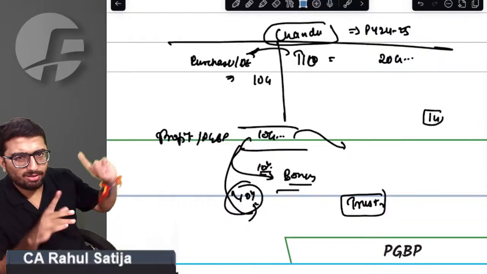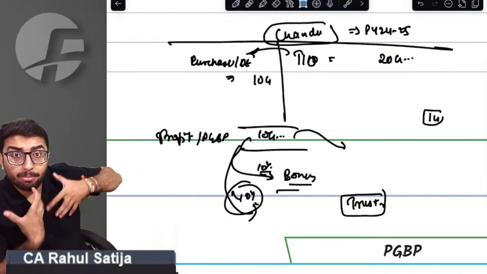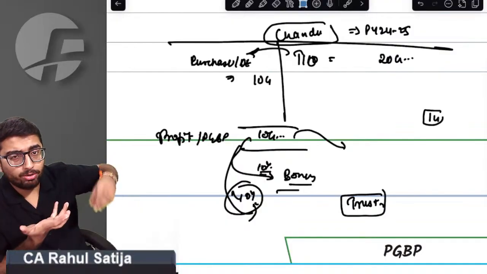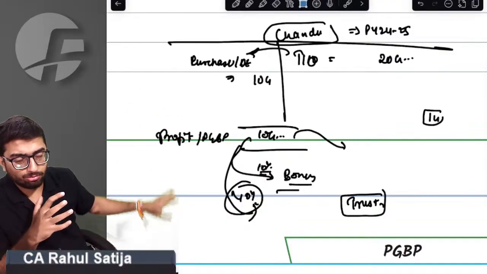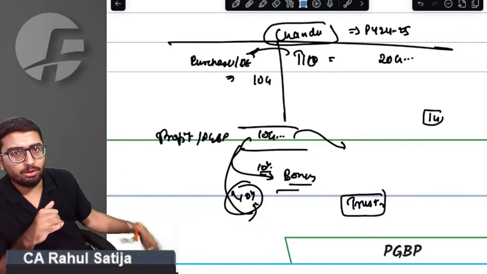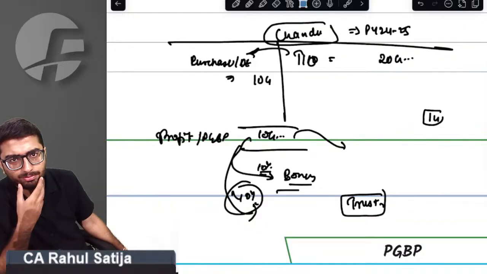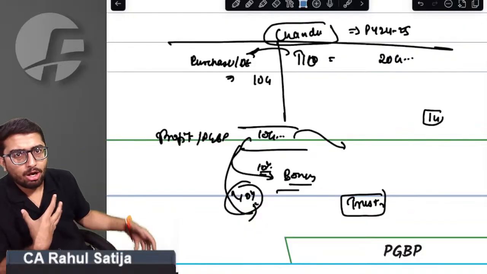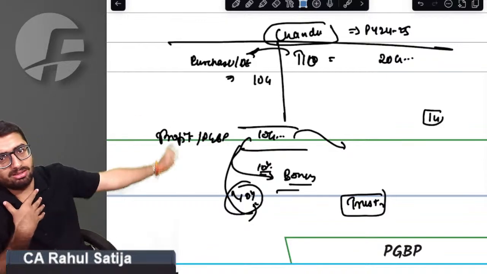Chandu had no other option because there was a fight going on. They are not going to accept, but Chandu wants the deduction. So what shall he do? He gave that money to a trust, who will in turn give it to labor whenever the dispute is settled. My question to you all is whether payment to a trust